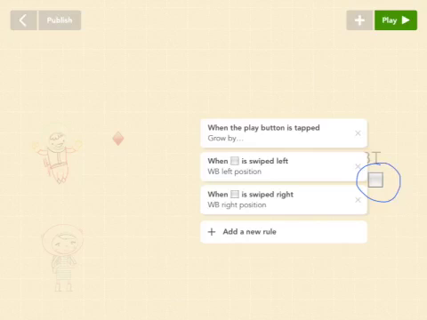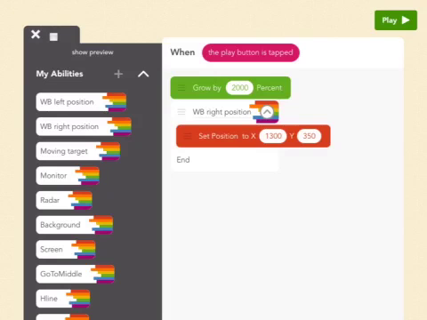This whiteboard here is quite interesting and could be used on many projects. We can swipe it left when we need it, swipe it right when we don't want it. And so in the beginning we make it a little bit bigger. We change the position when it's swiped left and change the position again when it's swiped right. So when the play button is tapped, our whiteboard is placed at the right position, so it is hidden from most of the screen. So we grow it by 2000% and place it to the very right at 1300, 350,